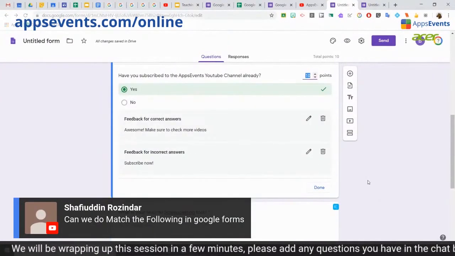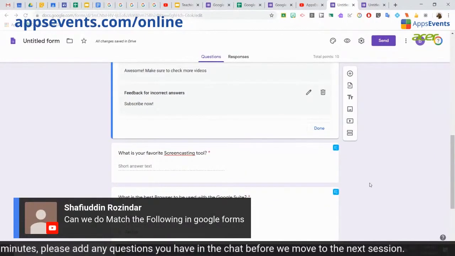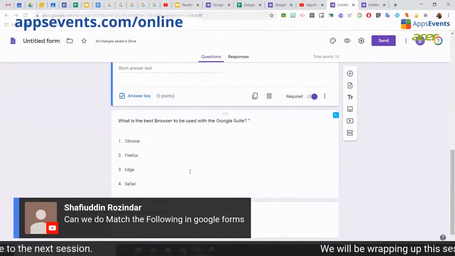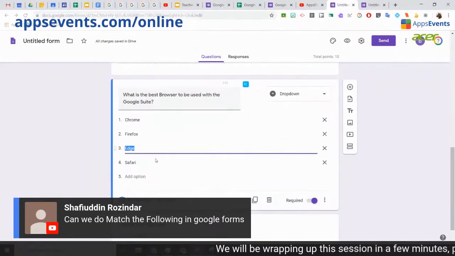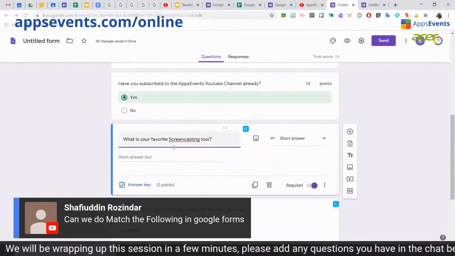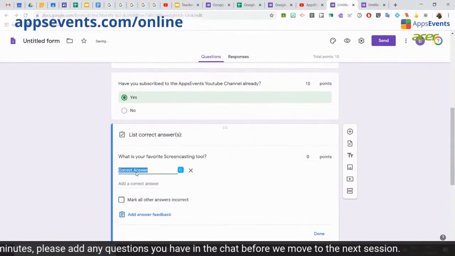If you have a self-grading quiz, you can automatically grade multiple choice questions, checkbox questions, drop-down, and short answer questions as well. So just to give you an example, this is another example of a question that I would definitely not grade, but I'm using this just as an example now. So I could just say, hey,